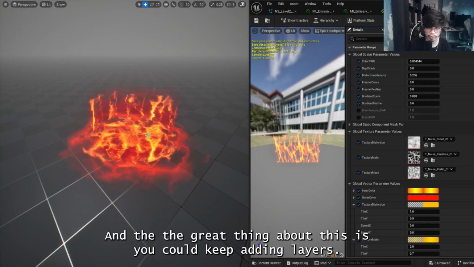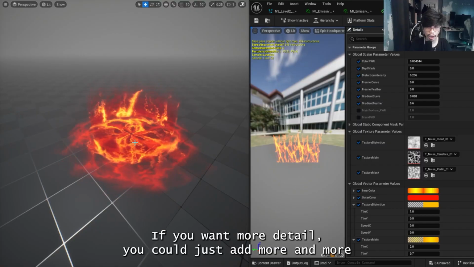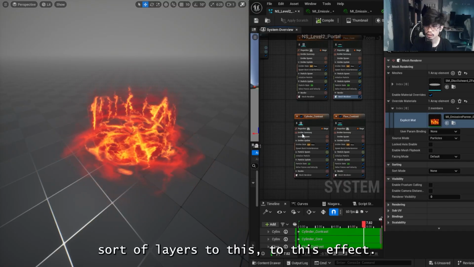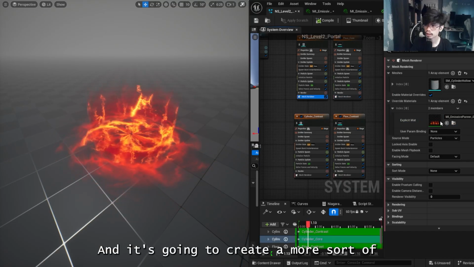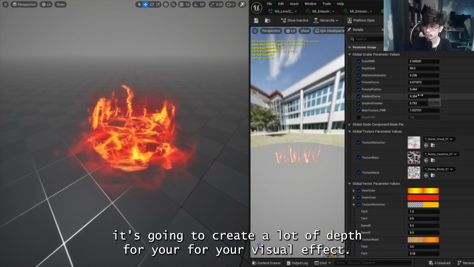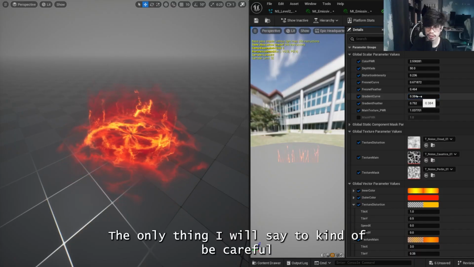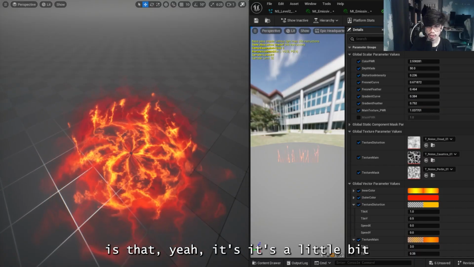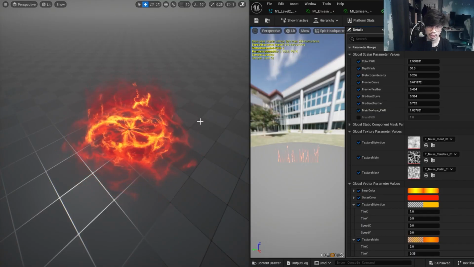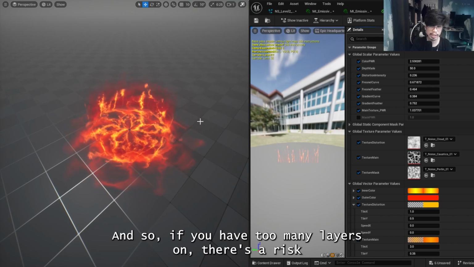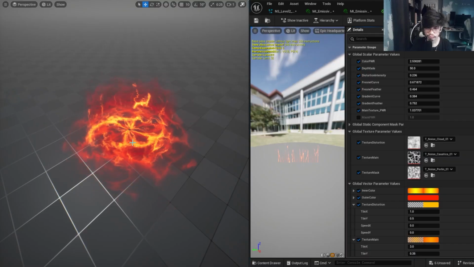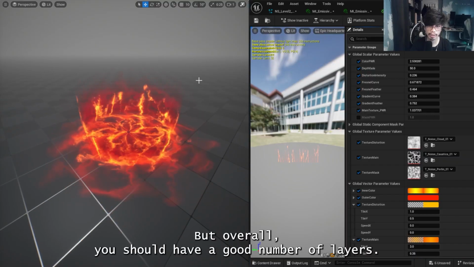And the great thing about this is you could keep adding layers. If you want more detail, you could just add more and more layers to this effect, and it's going to create a lot of depth for your visual effect. The only thing I will say to be careful about is that it's a little bit difficult to balance a lot of layers at the same time. If you have too many layers on, there's a risk that your visual effect could get messy. So it's a little bit of a balance there, but overall,